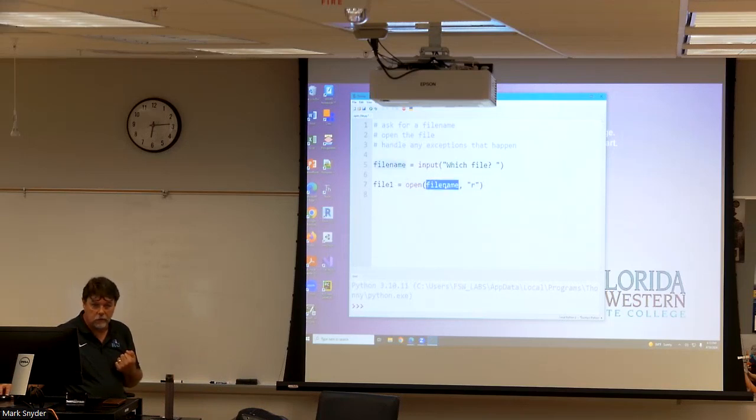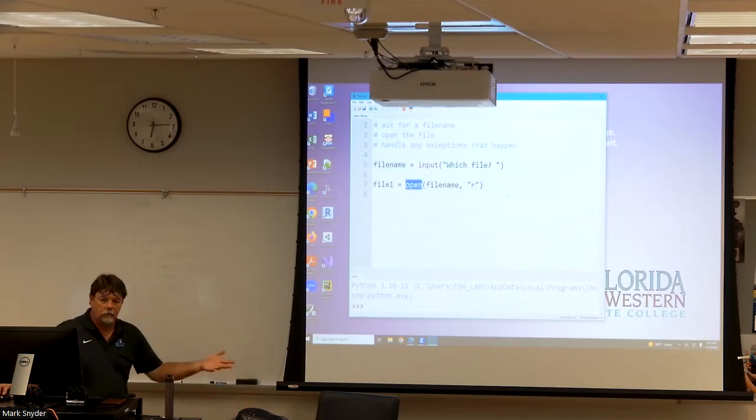This is the mode that we're going to open it. R means read. W means write. And we're telling this open command what we intend to do with it. A for append. And this is where, again,